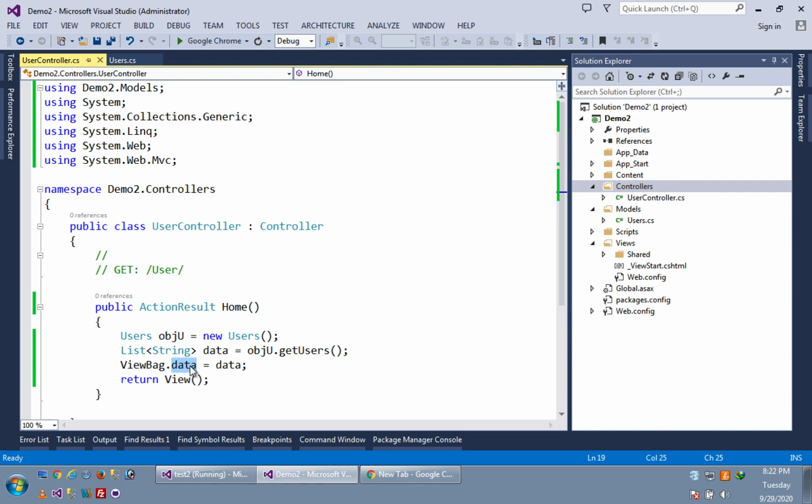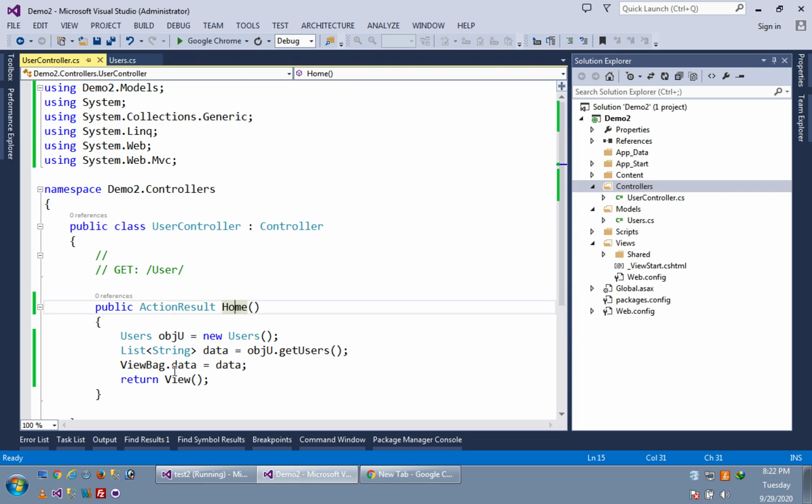And what is the ViewBag? I'm just repeating it. ViewBag is a bag that carries some variables, or objects, or a list; it can have anything. Whatever we are putting in the ViewBag is accessible from this view. Which view? Home view. Why?